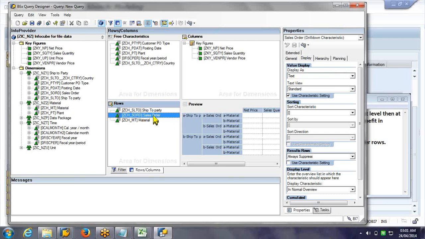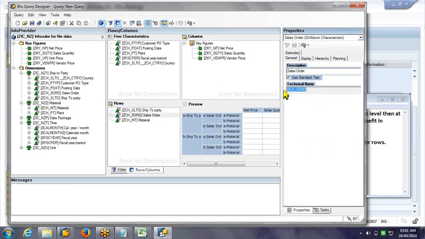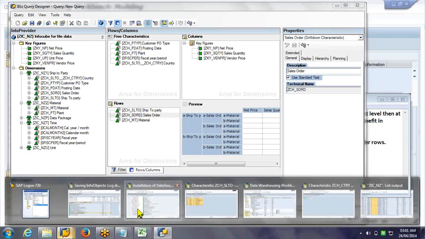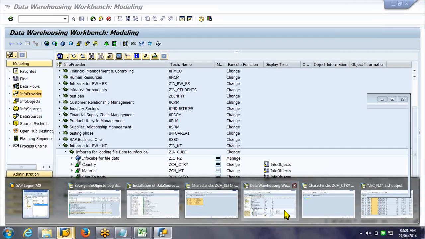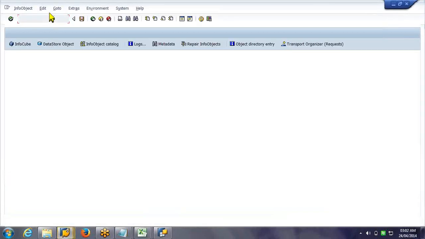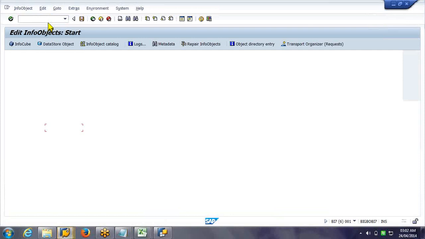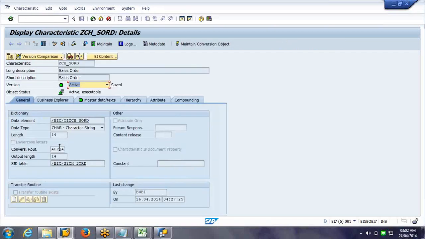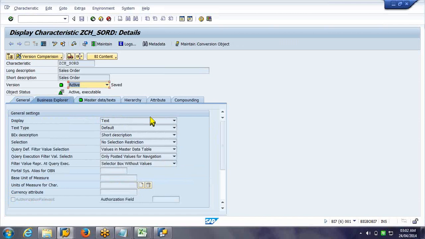Why by default for sales order and for most things it is coming as text is, if you go to the info object and check at the info object level, under the Business Explorer tab, basic properties will be defined by default.